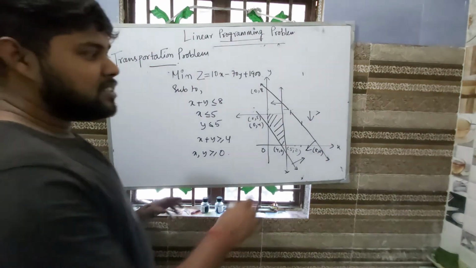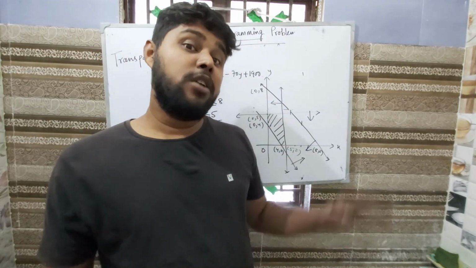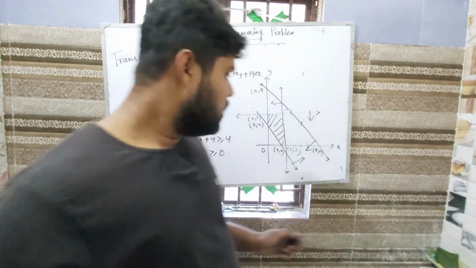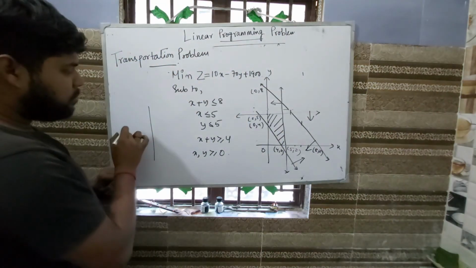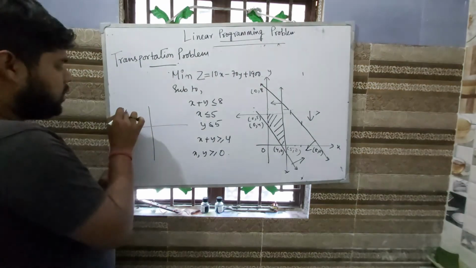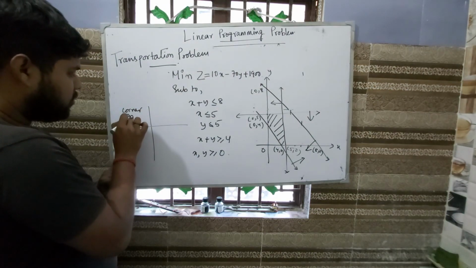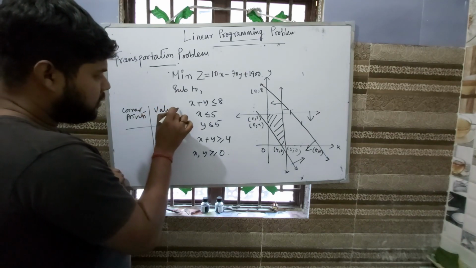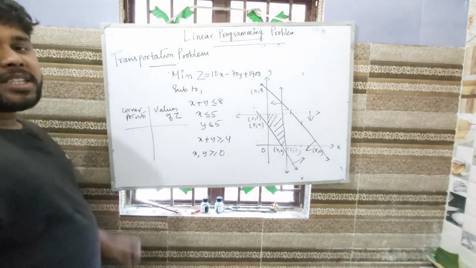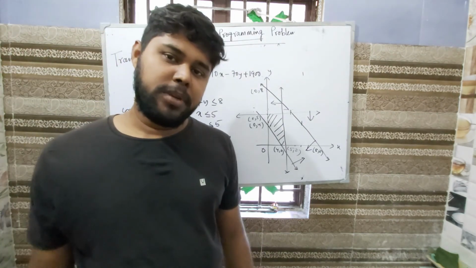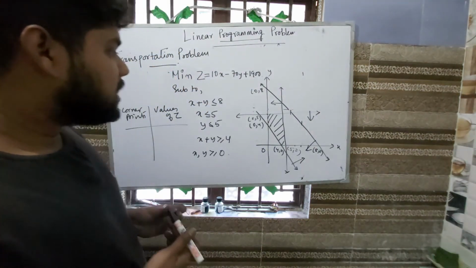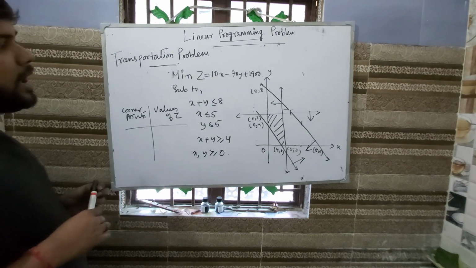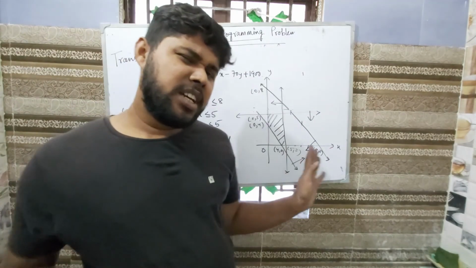Now here, as there is no unbounded region, we don't have to take all the trouble of drawing that open half plane and all those things. It's simple that we will be just writing the corner points and the values of z. Whichever comes as the minimum value is going to be my answer. Fine. So that's it. That is all we had in this chapter,